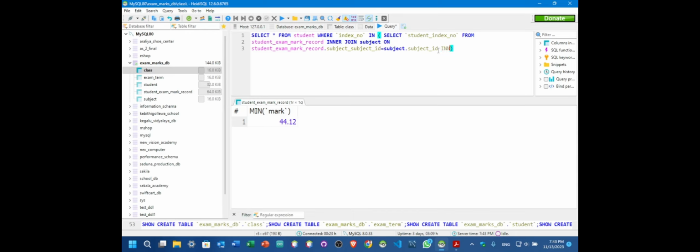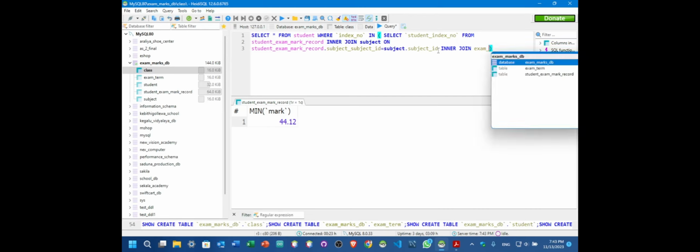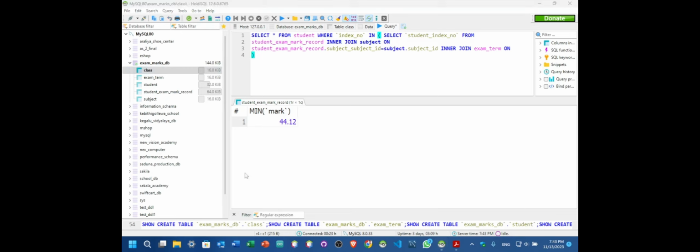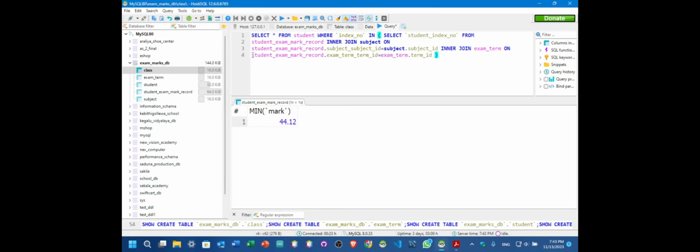And we can inner join exam term on these, these are the common columns for both tables. And now we can enter the